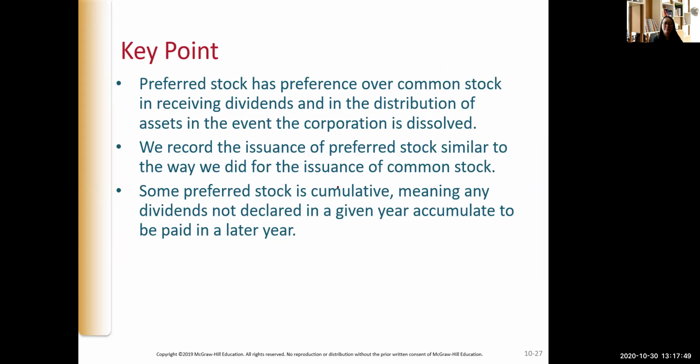Okay, so the key point we want to take away is that preferred stock has a preference over common stock in receiving dividends and in distributing assets in the event the corporation is dissolved. And we record issuance of preferred stock exactly the same way as we issue common stock. Some preferred stock is cumulative, meaning that any dividend not declared in a given year accumulates to be paid in later years. So in other words, if you do not